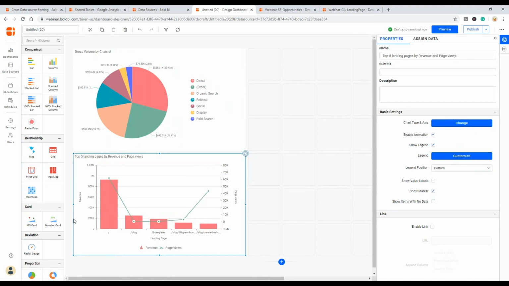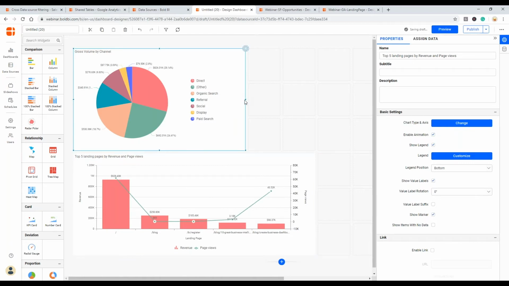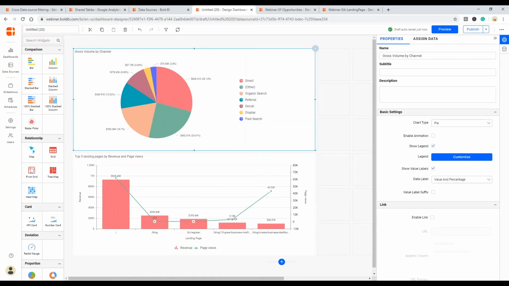With that, you can see that the two y-axes have been generated, and it allows us to easily understand the data. For convenience, let me also show the value labels, and let me resize it a little bit more so that it is convenient to visualize.